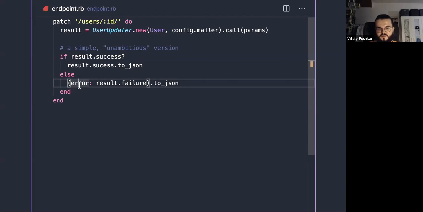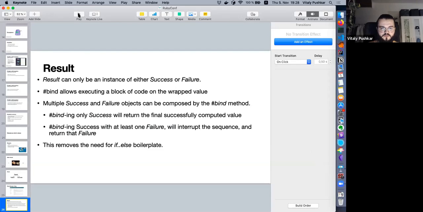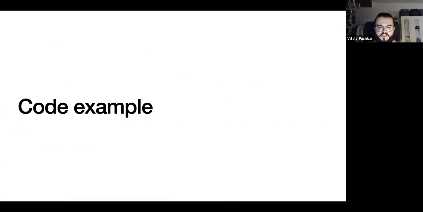Well, this is a very simple version, right? In the real code, you would have many more such classes that can return successes or failures. You would combine them together. You might want to somehow combine all the failures together if you want to present them on, I don't know, a web form as all the errors combined, and so on and so forth. But generally, that's how it looks. And I would like to continue with discussing,